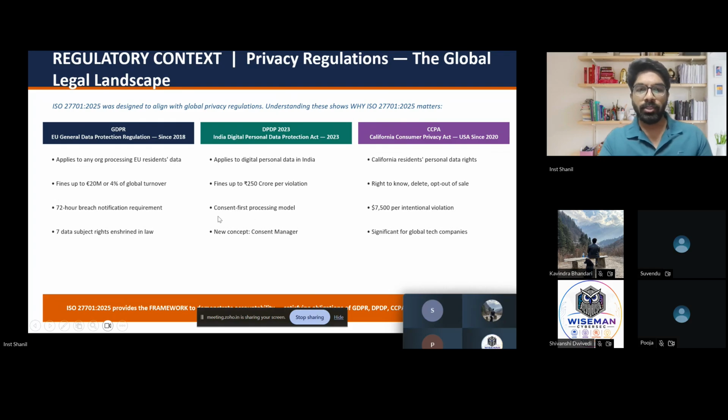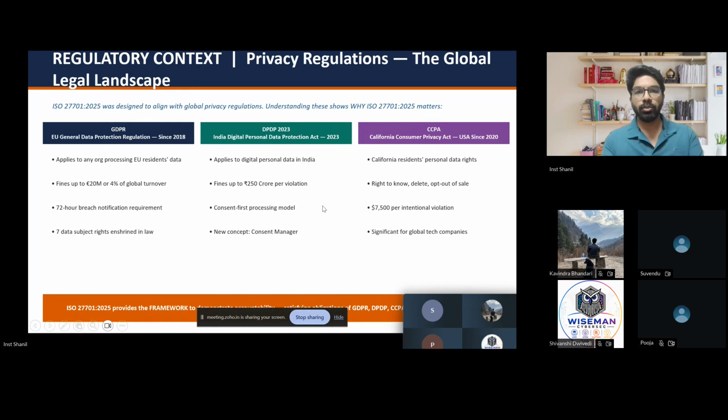It's a consent-first processing model. What does it mean? Any data that you are providing to a company should be provided only after obtaining your consent. For example, whenever you are opening a website, you get a cookie form and you just click on accept or reject the cookies. If you get time, you can read it. It asks for your consent that we will be using your data in marketing activities or any activities which they will list out. That is basically known as the consent-first processing model.